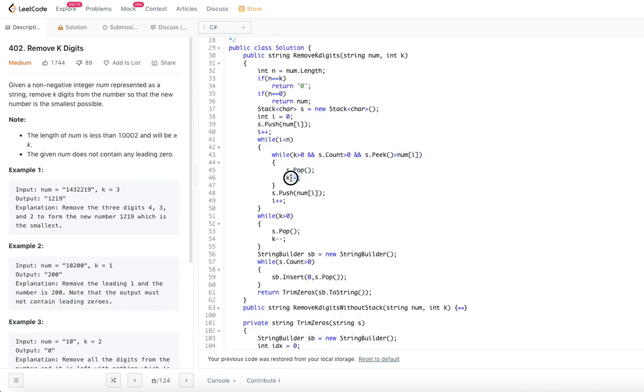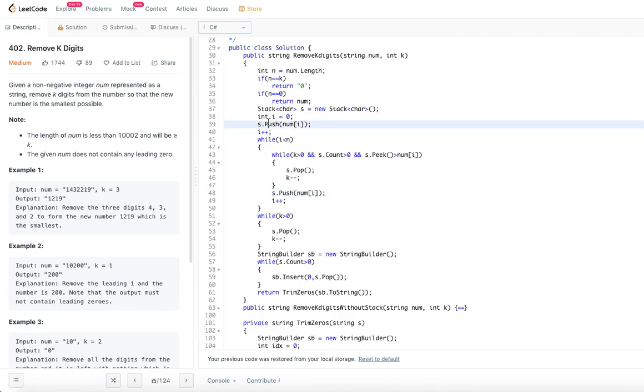So we pop and decrement k. We do this as long as the top of the stack is greater than the number. Otherwise we just keep on pushing. Once we have removed enough digits, we don't enter this while loop and we keep on pushing into the stack.